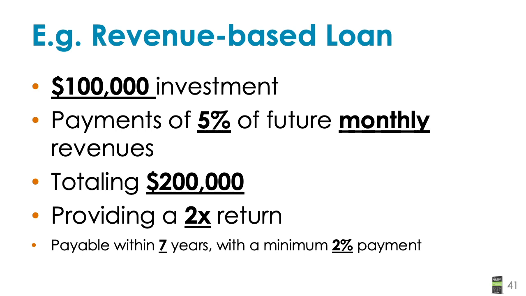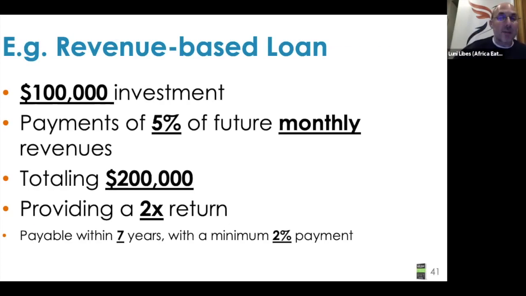So I didn't change anything on the top. All I did to make it a loan was add an extra part to the contract that said, you have a deadline to pay this: 7 years, 10 years, 15 years. And you have a minimum payment to make that's based on the amount of money I gave you. So this is what we do in the US with a revenue-based loan. We throw it on, often 9 years, with the IRS minimum interest rate on. And now it's a loan.